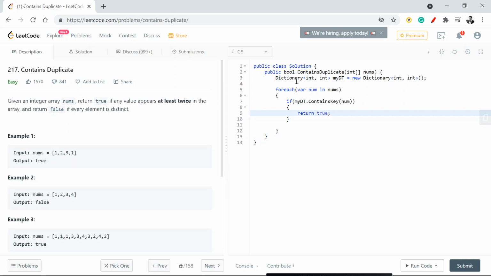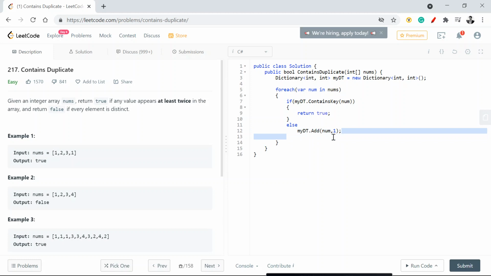That means it has a duplicate. Otherwise, I'll say dt dot Add(num, 1). This is one counter. You can do num comma num, num comma 1, num comma x. It doesn't matter, because what really matters is the key right now.